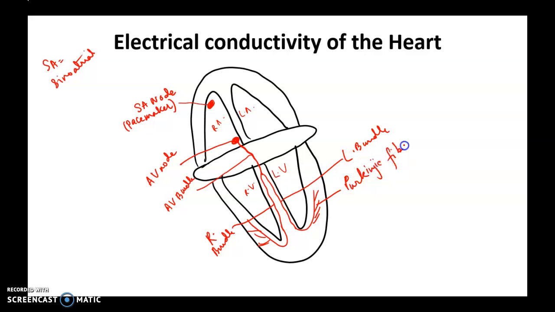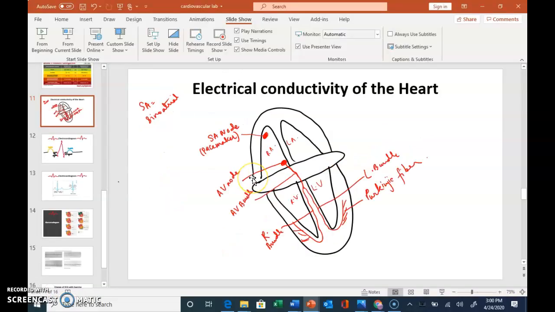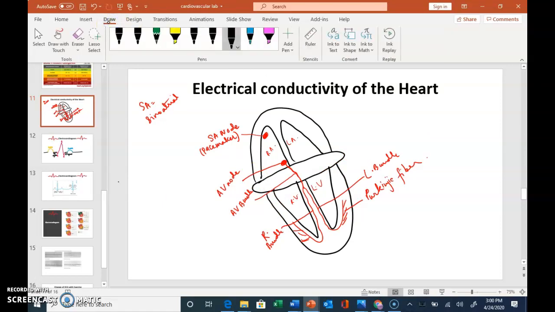What's the point? The point is that we already know that the human heart is autorhythmic, right? So it can generate its own heartbeat without any stimulation from the nervous system. So it is the cells at the SA node that generate the heartbeat. So how does that happen? Let me minimize it so I can change color. Okay, so the SA node starts firing